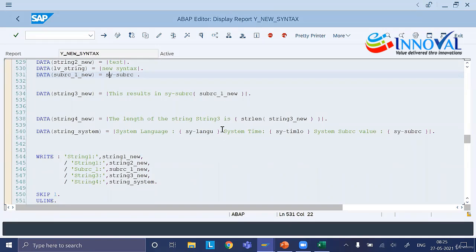a bit more complex is this, line number 540. For example, I want to write the system language. So I open the pipe operator, I hard code the text "system language", then I create a variable bracket for sy-langu, I close it. I give a gap, again "system time", I give the sy-uzeit variable and then the sy-subrc value. Okay. So when I execute this,